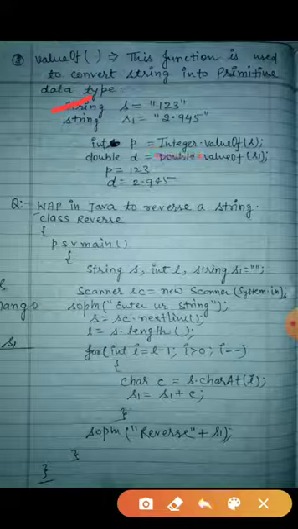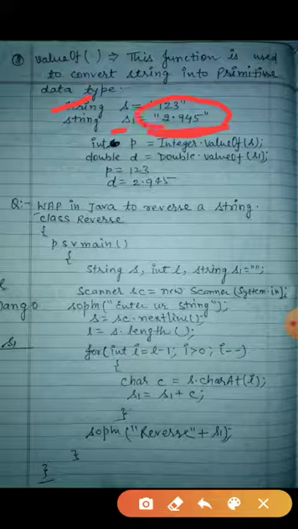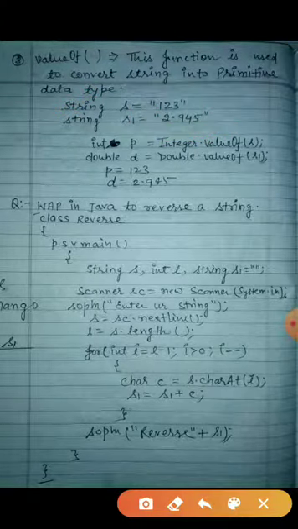The second one is also a string, it is in s1. Why is it called a string? Because it is written in double quotes. Now how will you convert it into a double? You will write Double.valueOf, with the name of the string, s1. Now this string will be converted into double form.